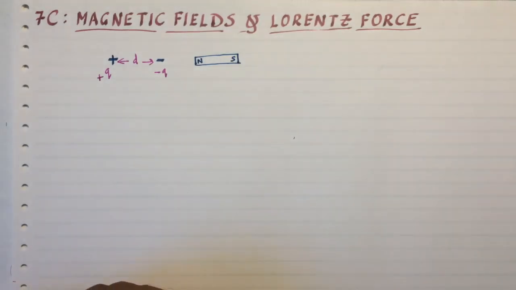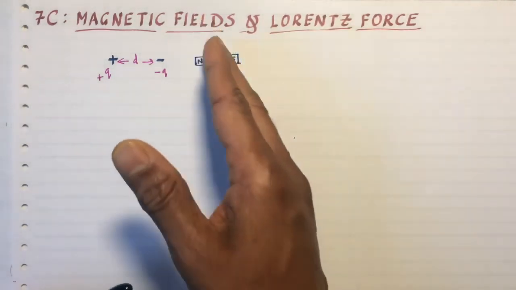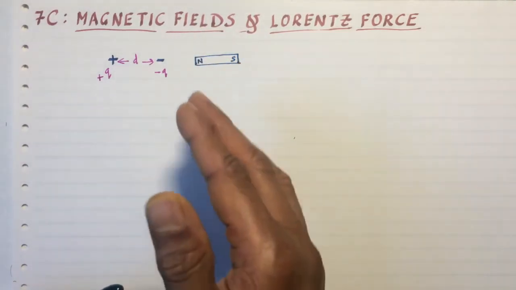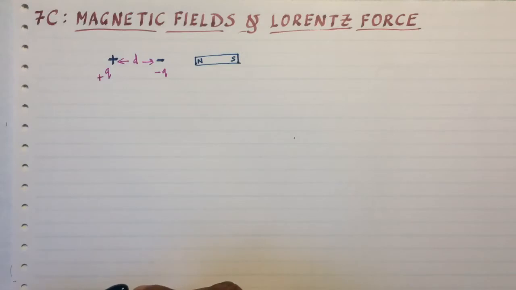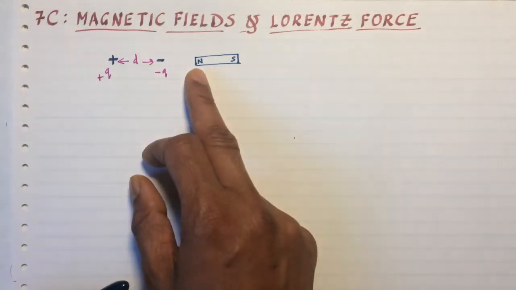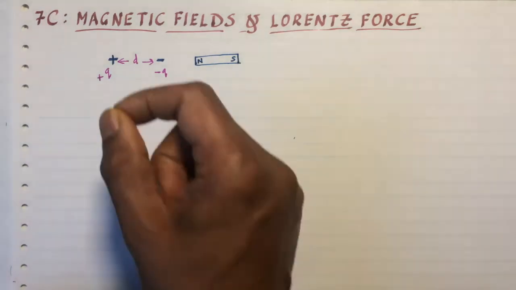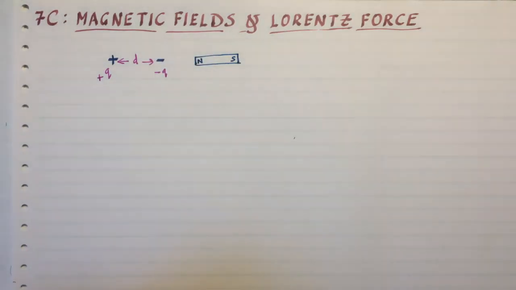And one of the things that you may also have learned as children is that if you break this into two parts, it again splits up into two magnets. You can never get it down to just a single pole. If you can somehow manufacture a monopole, a Nobel Prize is waiting for you. If you get a north pole or south pole all by itself, you're guaranteed to win a Nobel Prize, because the physicist Paul Dirac showed